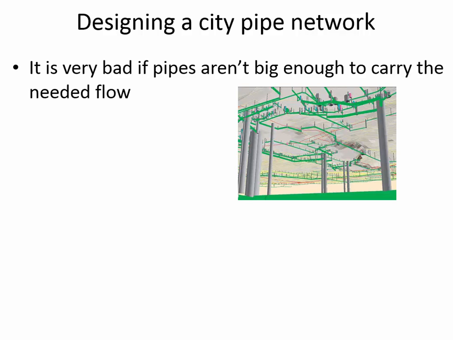When you're designing a new subdivision, there may only be 1 or 2 houses in that subdivision. And so for the first several years, it might be the case that there's a very, very low demand compared to the big pipes that you put to that subdivision. But if you put in small pipes, just because at the beginning there's hardly anyone there, then when they build more and more houses towards the end of that design life, when it's totally built out, they call it the build-out condition, when the area is completely populated, then if the pipes were too small because you were thinking, oh, there's hardly anyone here to begin with,